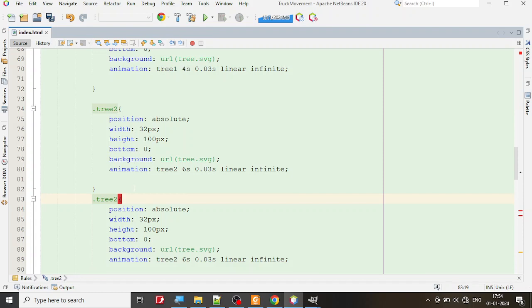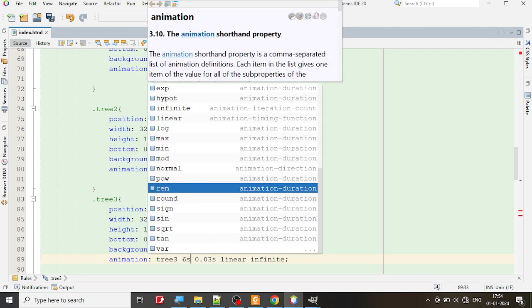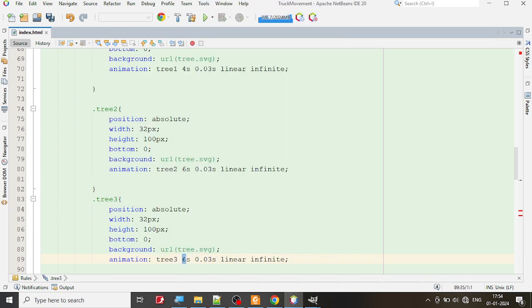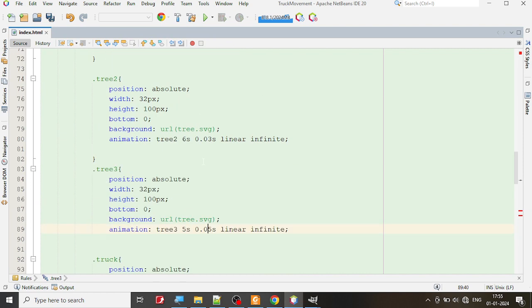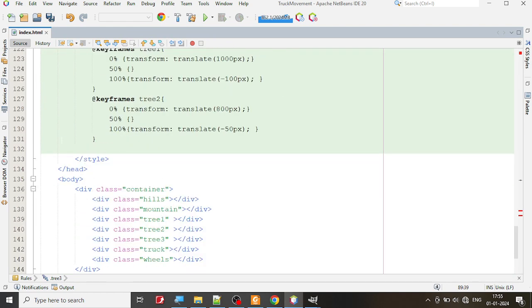So this is tree number 3, and I'm going to set this one as tree number 3, and maybe it's going to go with 5 seconds maybe. Okay, maybe the animation duration I'm going to make it as 0.5. Let's see, first one is 0.5. Okay, first tree is 0.3. Okay, I'm going to make it as 0.5. Okay, done. Let me copy paste it,